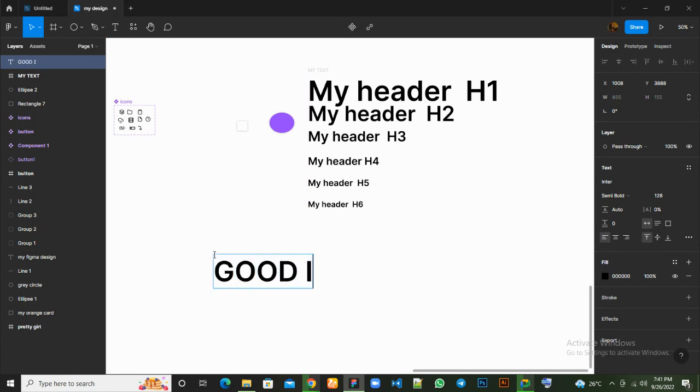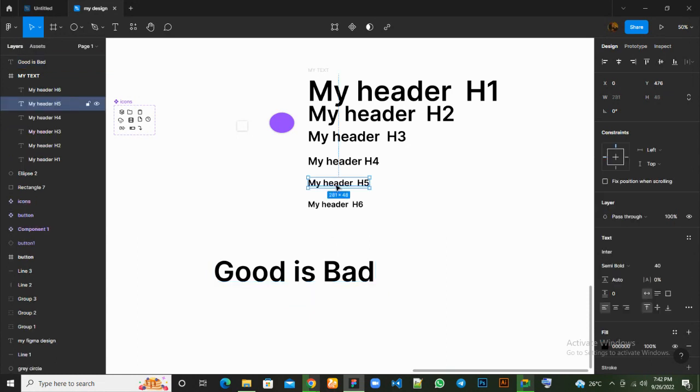Good. Good is bad. Okay, go ahead and write "good is bad", but you want it to be this size and you don't want to start looking or trying to remember the numbers and the rest. So you can just come here,